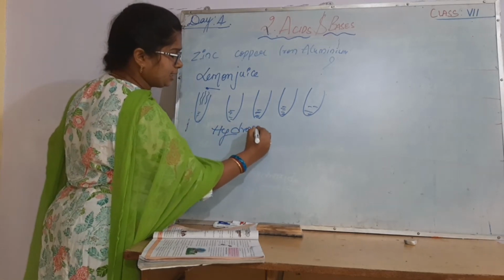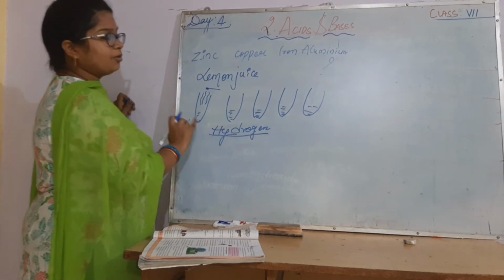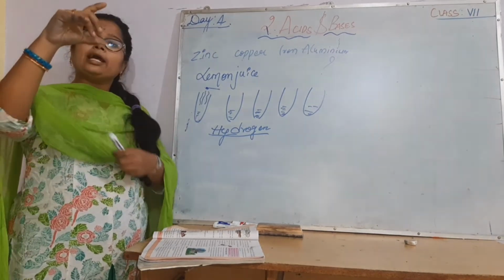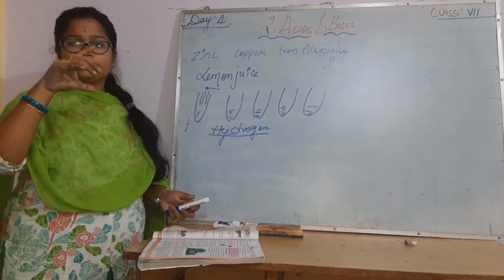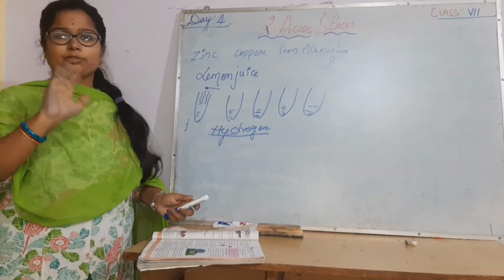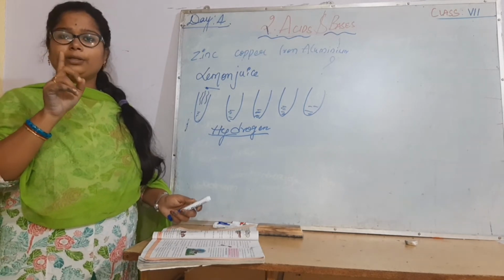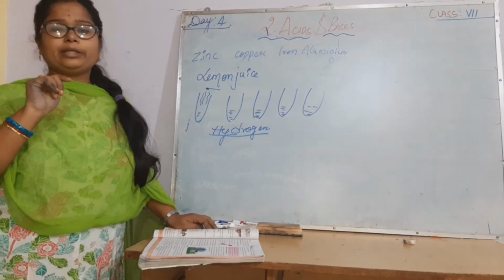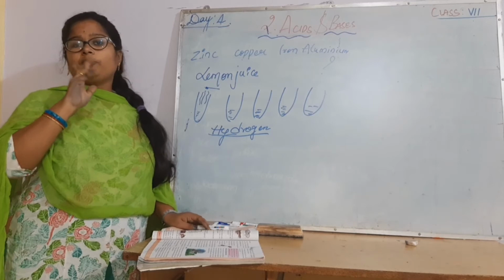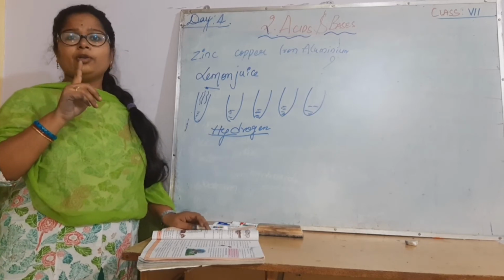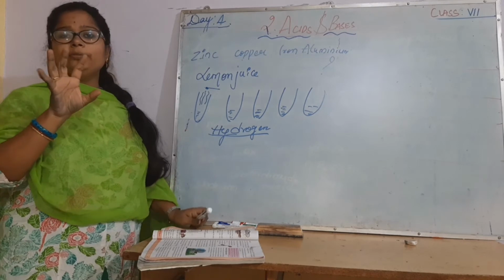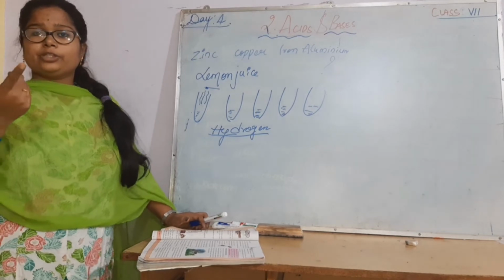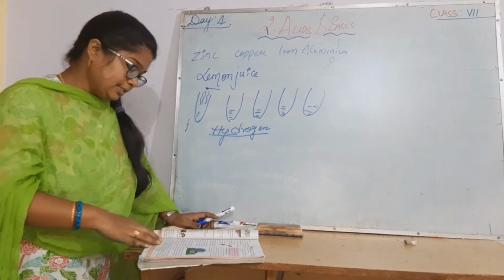What is that gas released? Hydrogen gas. So hydrogen gas is harmful to your health. You are not supposed to take it. So that's why your cool drinks and all are also kept in a tin packet. Tins, not purely metals. If you keep them in iron or anything else, it's not good, because they are going to react with those metals and may spoil your food item. Remember very well. If you make anything like pickles and all, aluminum dishes you are not supposed to keep them in, because hydrogen is going to be released.